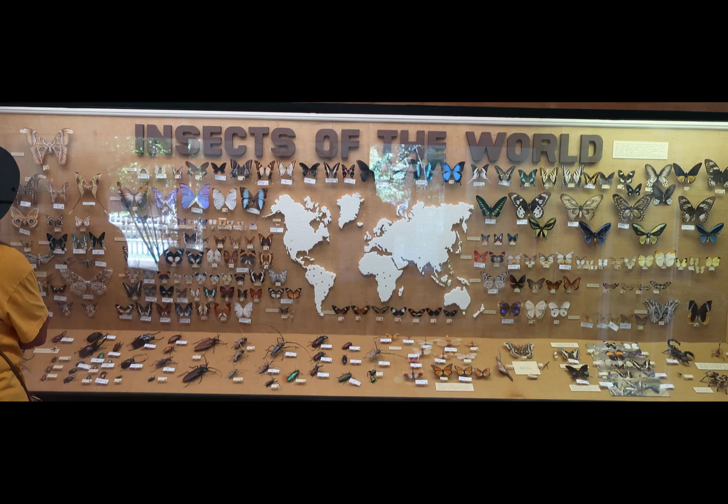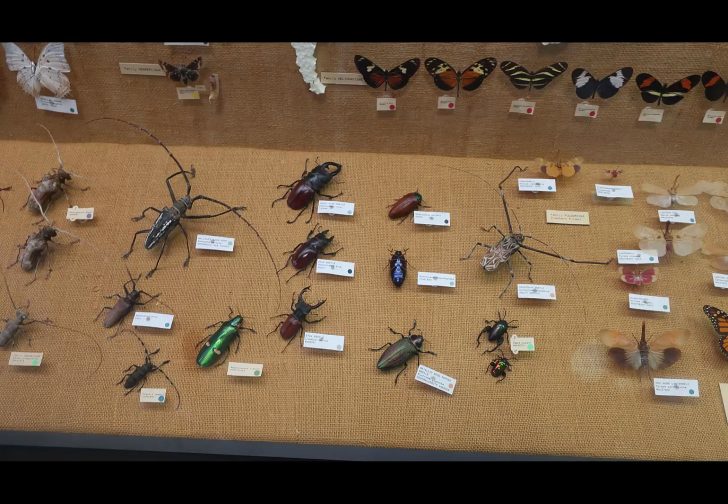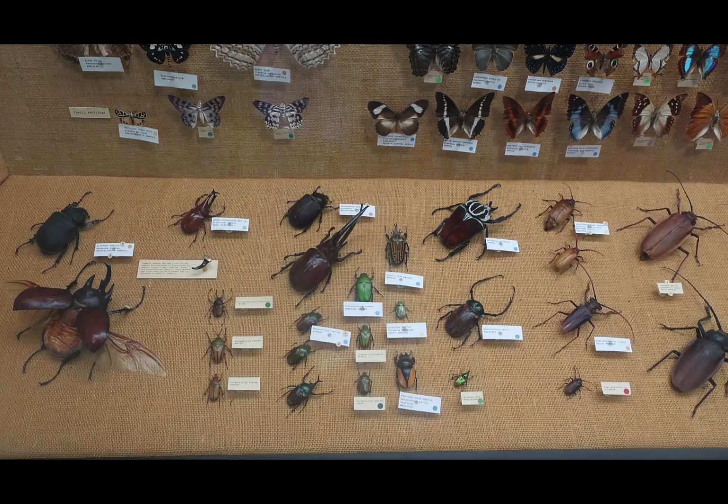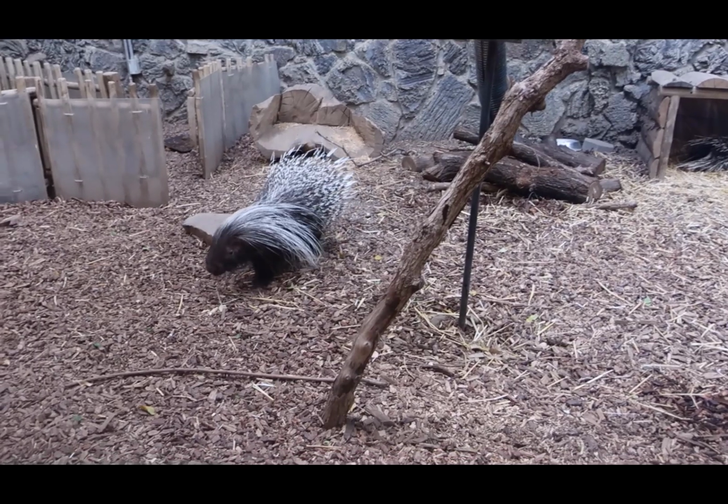Insects of the world. This was a huge display. Numerous insects obviously on display. I wish there was more correlation as to where these creatures came from on the globe. I'd like to know which insects are associated with, in particular, the areas I've been, because I've had some really interesting bites. I didn't see a lot of signage for the African Cape porcupine, but he was active,